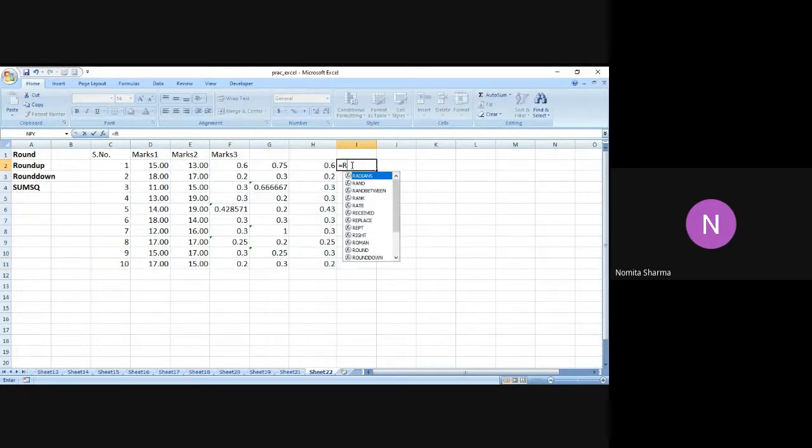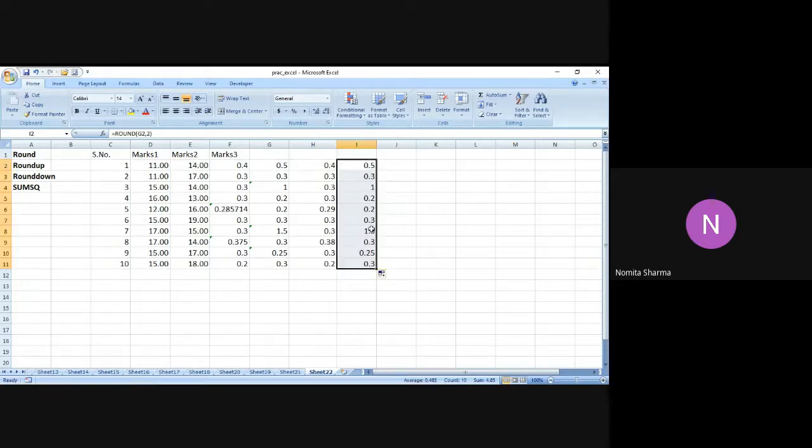Let me now use some other column. Let me use G column and let's see what we get. I got 0.75 as the answer. If I drag it down, you will see that I'm getting answers as 0.2, 0.1. Let me decrease this number from 2 to 1 and you will see that the answer has now become 0.5, 0.67, 0.25 and so on.